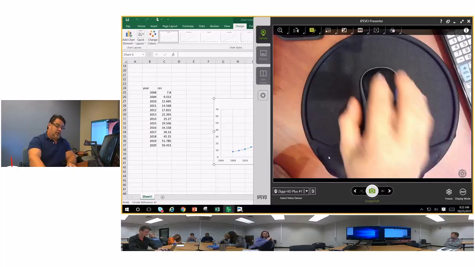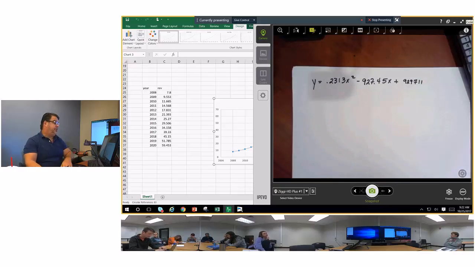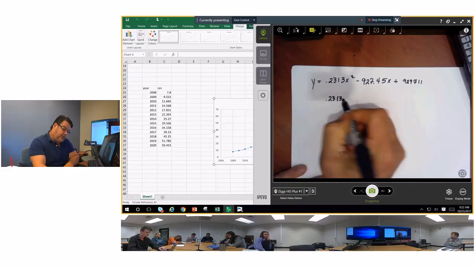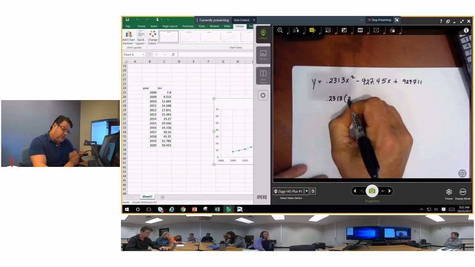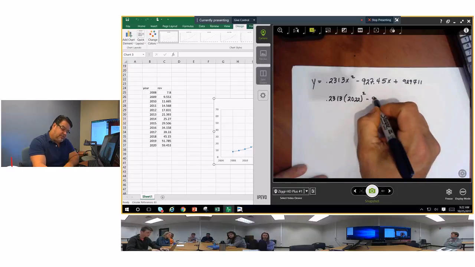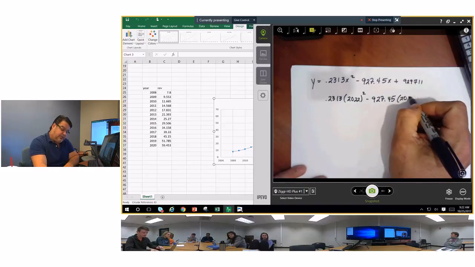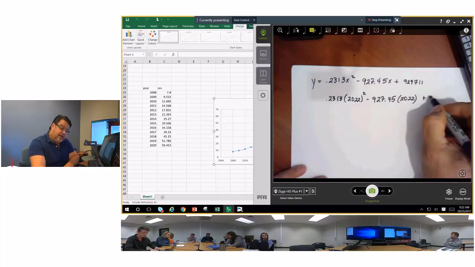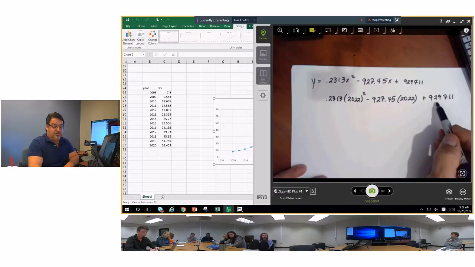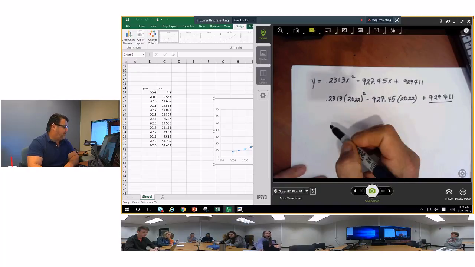So that would be 0.2313 times 2022 raised to the second power, minus 927.45 times 2022, plus 929,711. And the reason this number is so big is because instead of using 6 years from 2000, 8 years from 2000, 10 years from 2000,